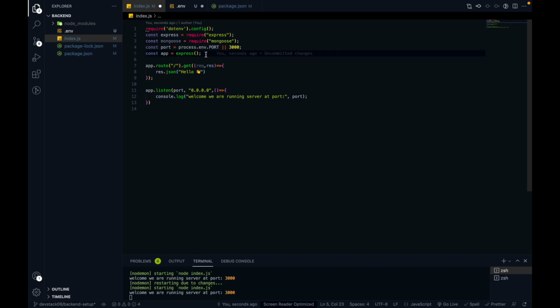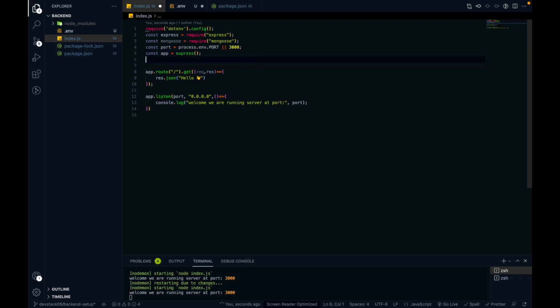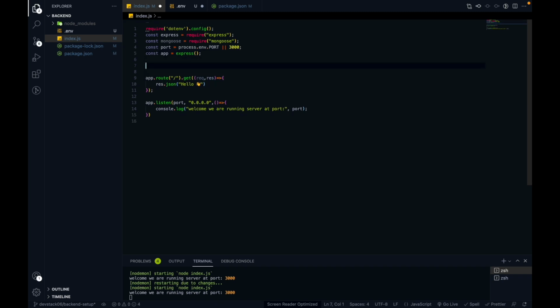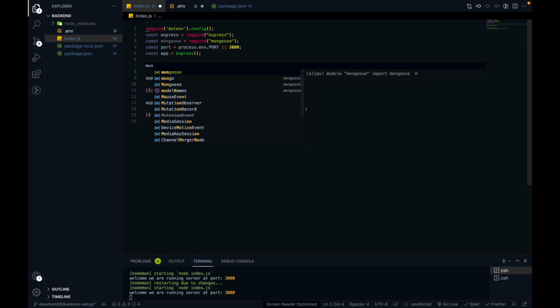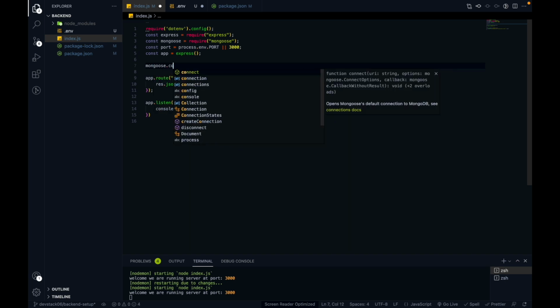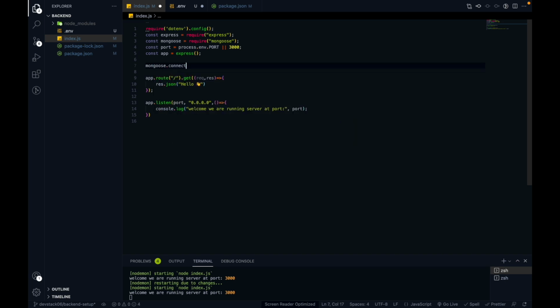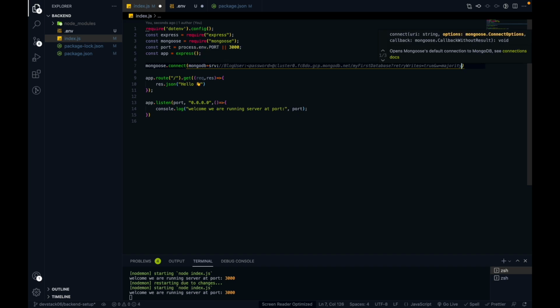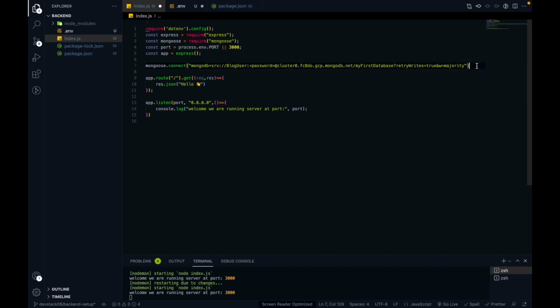So just after you import the Mongoose package, let's connect our backend with the MongoDB Atlas database. And you don't have to do anything. You just copy the link, paste it, and provide the exact password and exact database name.